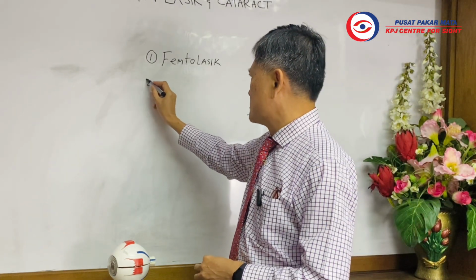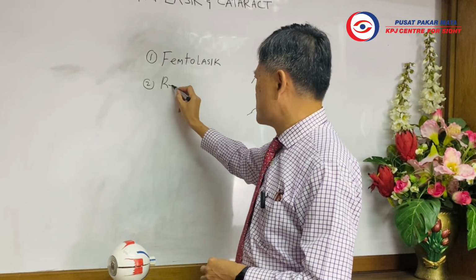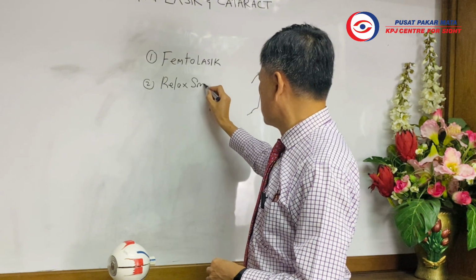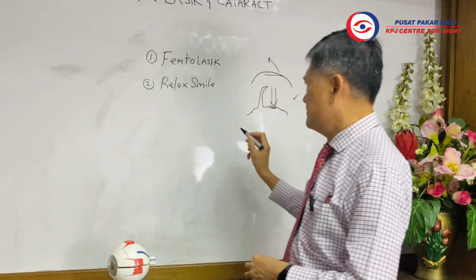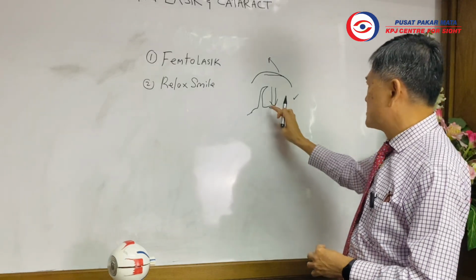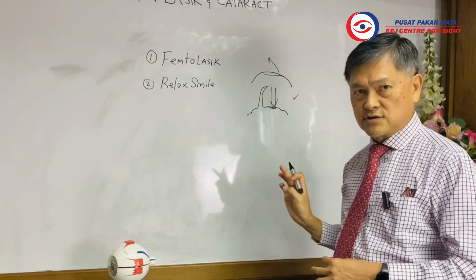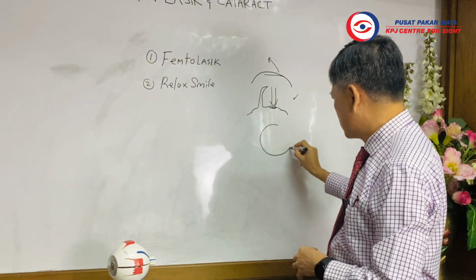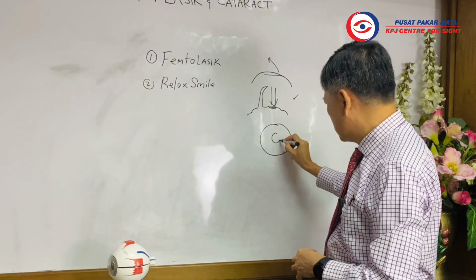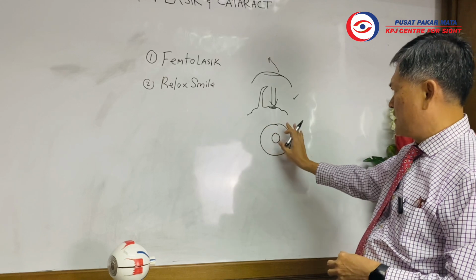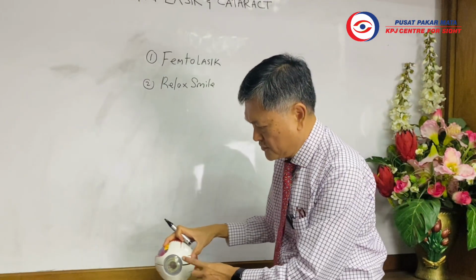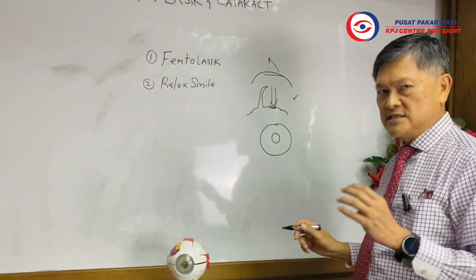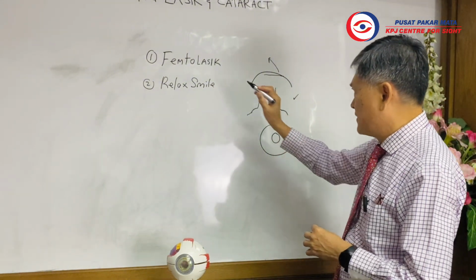The second method is called ReLEx SMILE. In ReLEx SMILE, there is no such big cutting on the cornea. Looking directly from the top down, this is the front of the cornea, and the pupil is behind. So this is again by using a femto